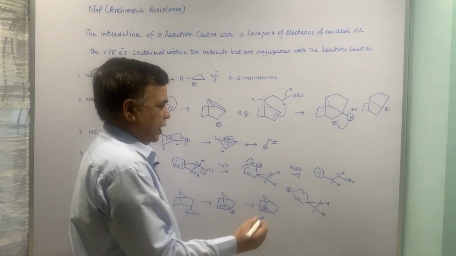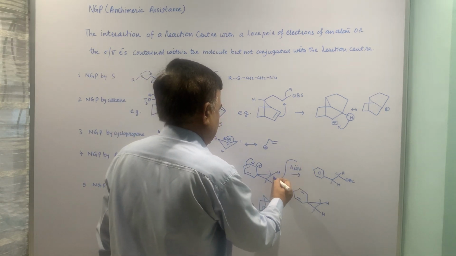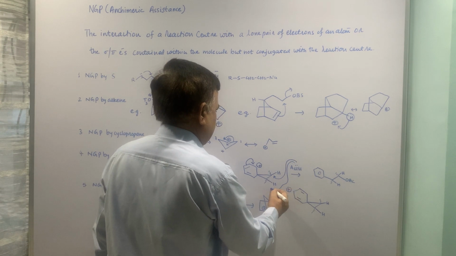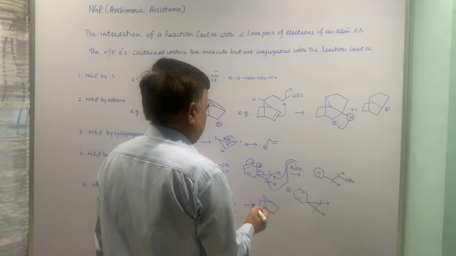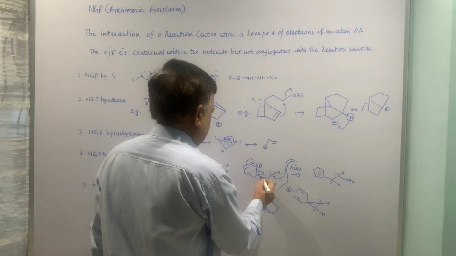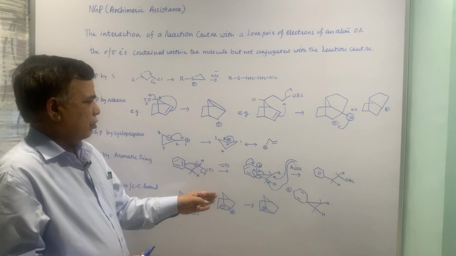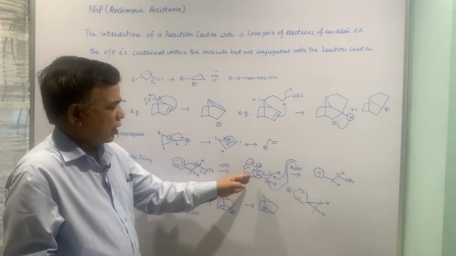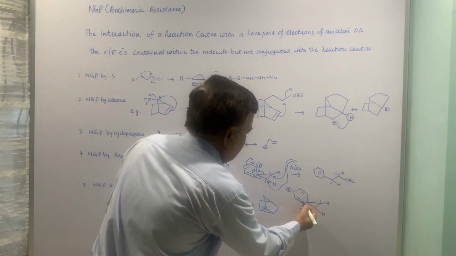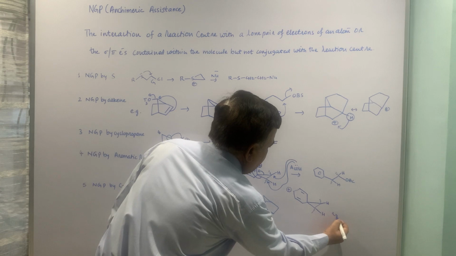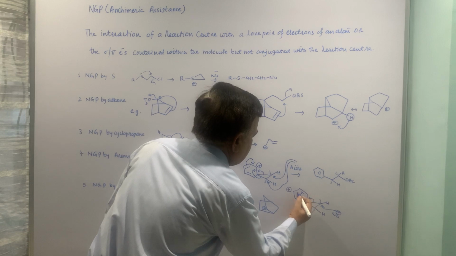And when acetic acid approaches, the oxygen lone pair can attack here, even this can attack here, and accordingly either this will shift here or this will shift here, the same thing. Or here also you can show that this pi bond comes here, this will come here. So any nucleophile, if it attacks here, let us say, then this will come here, this will come here.